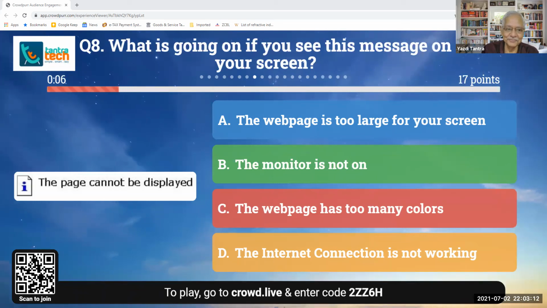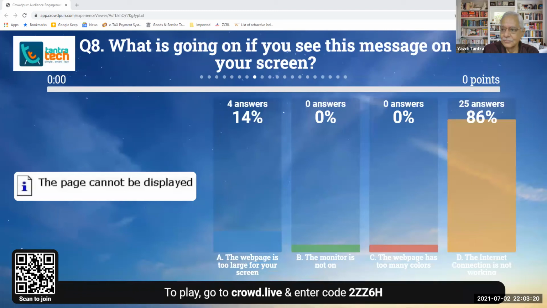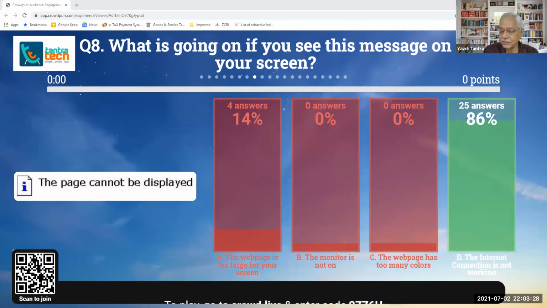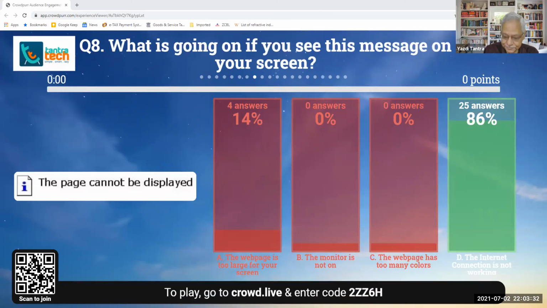Yes. This is an easy one. Yes, majority got it right. So the right answer is the internet connection is not working, and the majority got the whole thing right.